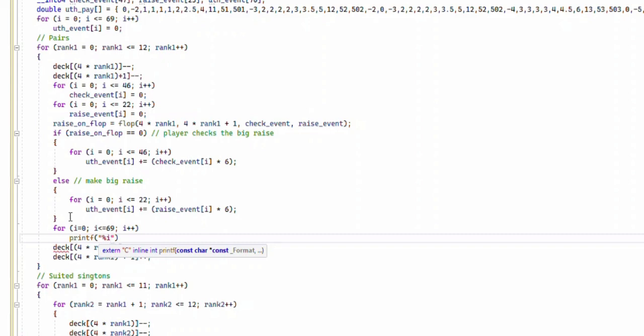So first I'll print out I. And then I think I'll print out the UTH pay, what the event pays. And \t, by the way, is a tab. And then I'm going to print out what's in the UTH event array. In other words, the number of combinations. So here's I,